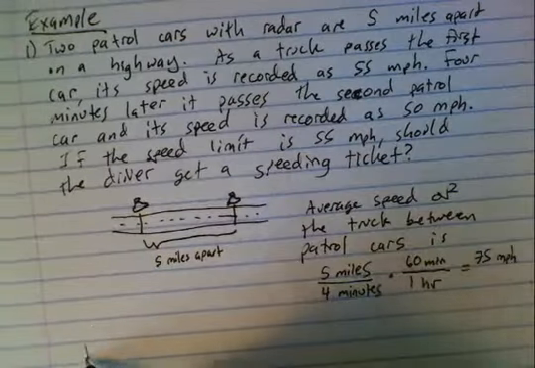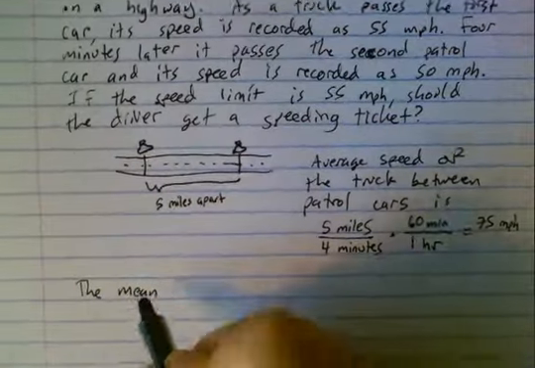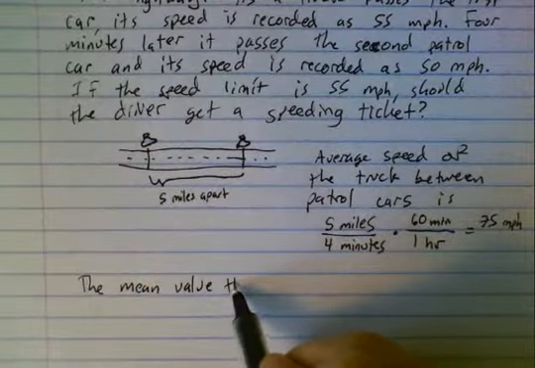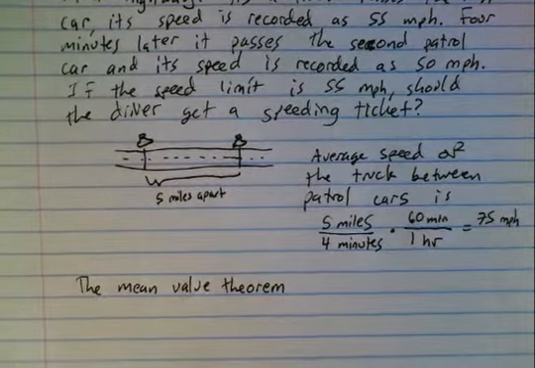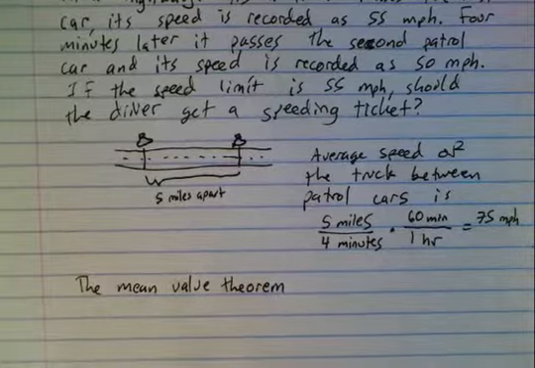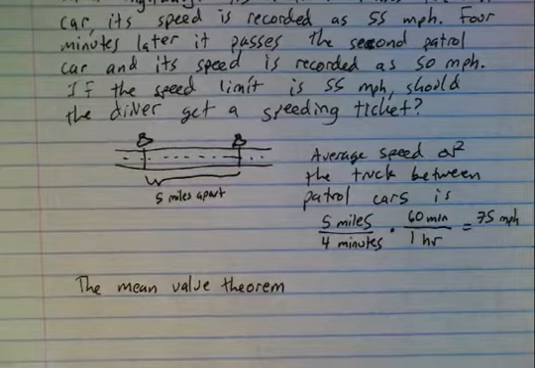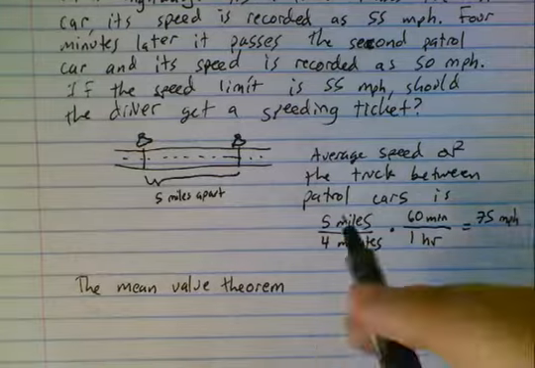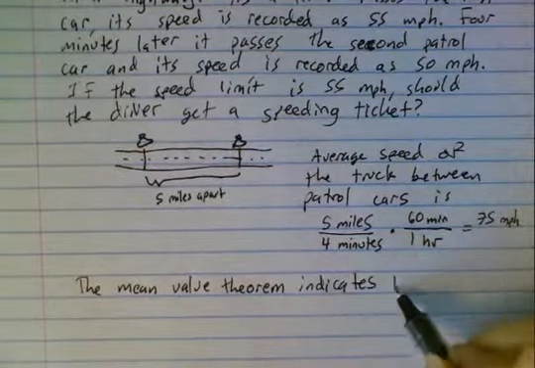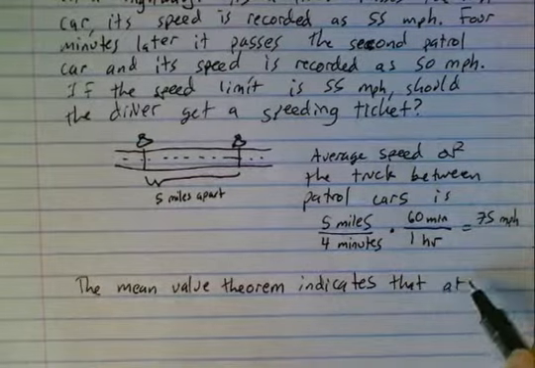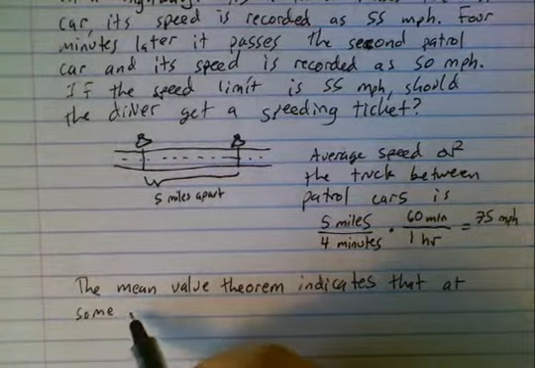Now, the mean value theorem. We assume the truck is not able to teleport, so it is continuous. And because it's impossible to change speed instantaneously, the derivative, the velocity, also needs to be continuous, even if it might change quickly at some point. The mean value theorem indicates that at some point, well, really time,